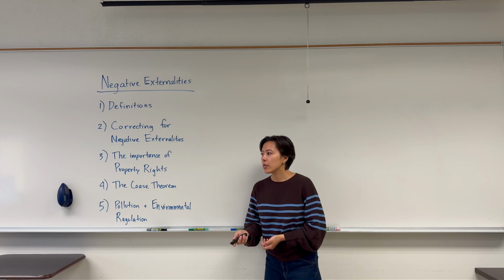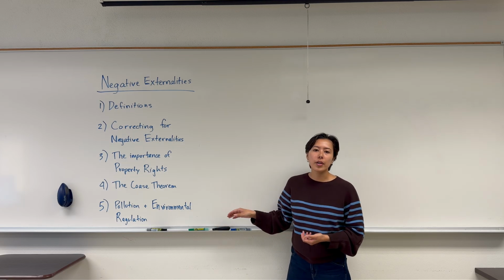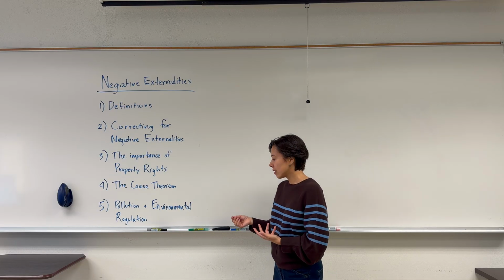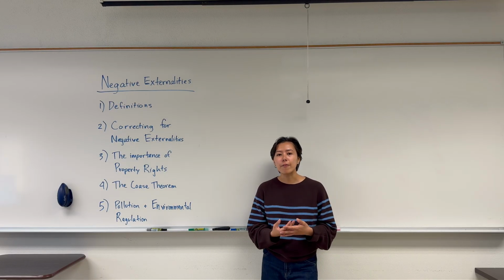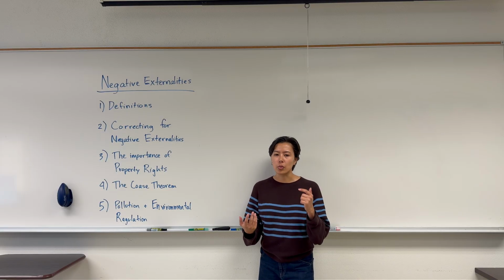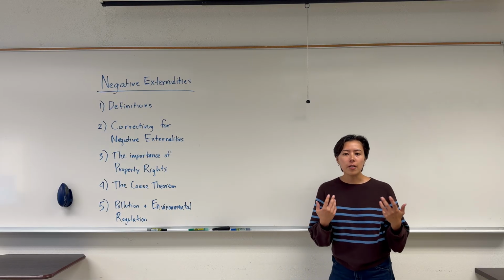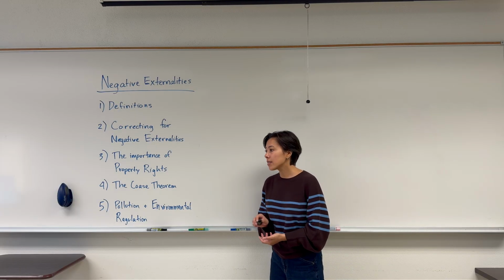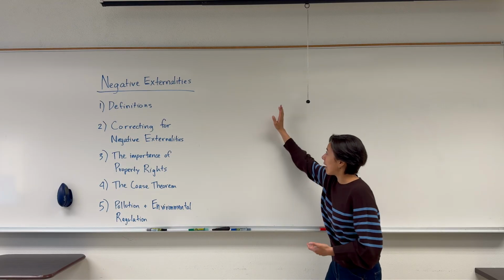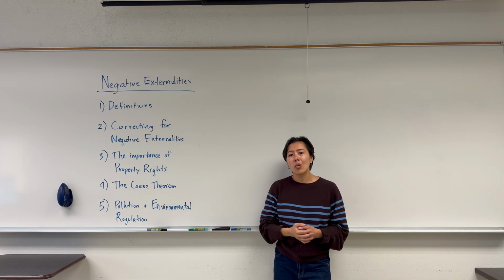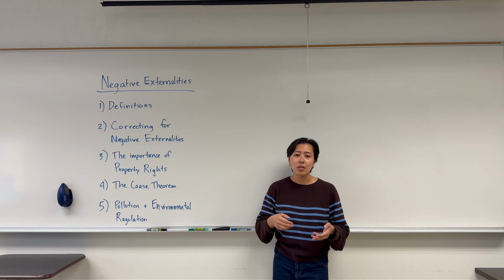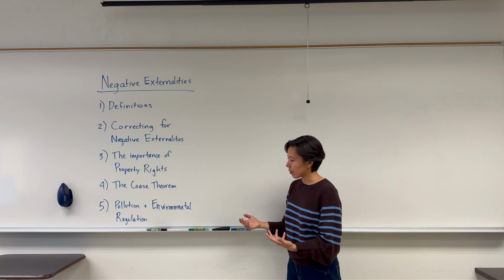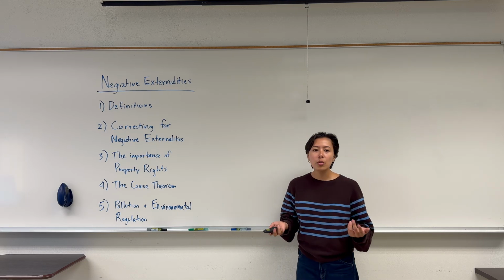Our other scenario is the opposite, where our wheat farmer does not have the legal right to a cattle-free field. And so in this case, now our wheat farmer is responsible for remedying the situation. So the wheat farmer faces the same choice. He can either put up a fence, so he can protect his property from the cows, or he can just live with the damage. These are the two options for our wheat farmer if he's responsible for his own field. And so he's going to do whichever one is cheaper.